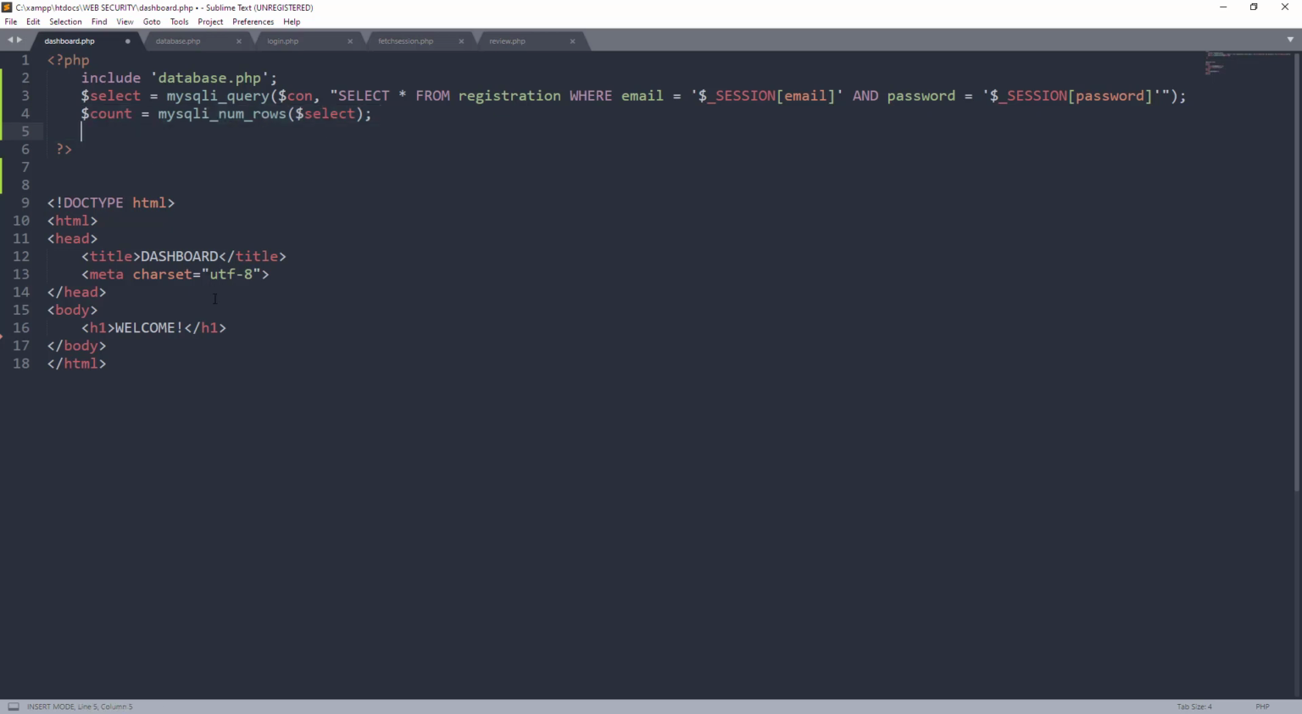Now, we are going to have an if-else statement wherein kapag meron tayong na-count, papayagan natin siyang pumunta dito sa dashboard.php. Kapag naman wala, pwede natin siyang i-redirect dun sa login form. Okay, so, paano natin gagawin yon? So, if, for example, $count is equal to 0. Yan. Kapag wala daw siyang nakita na naka-store na session, na may email na ganon, and then a password na ganon, so, we are going to